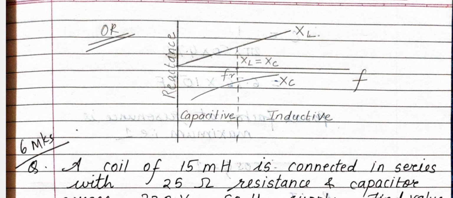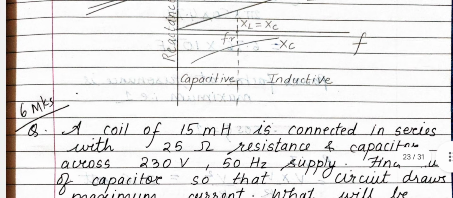So you have to show this in your graph, okay. It is very simple. Just remember, on the left side it is capacitive and on the right side it is inductive. We make a mistake, we interchange, we write inductive on the left side and capacitive on the right side. So remember, by alphabetical order, C comes first, so you have to write capacitive on the left side, okay. Learn things by trick, you will remember it easily, okay.